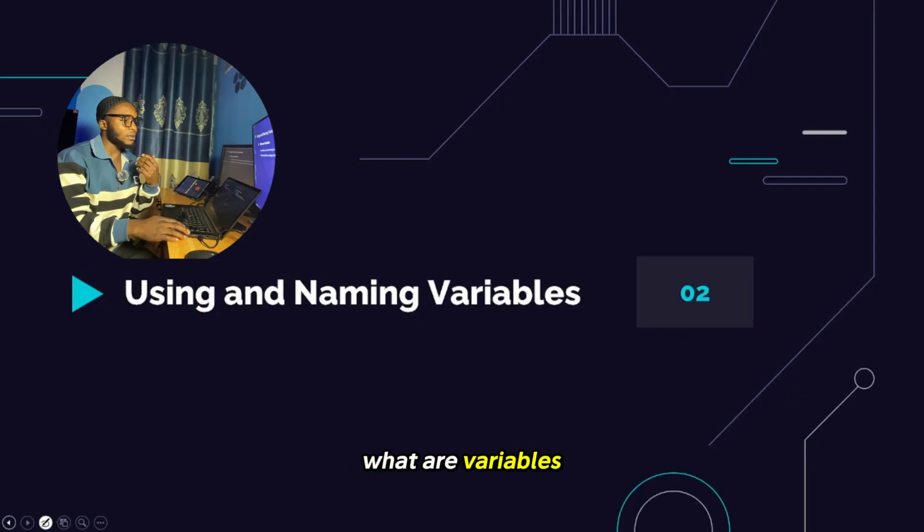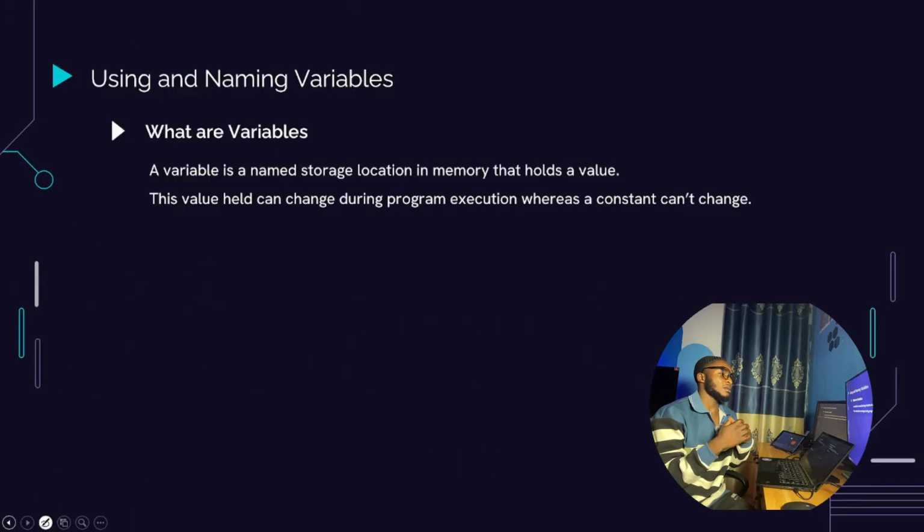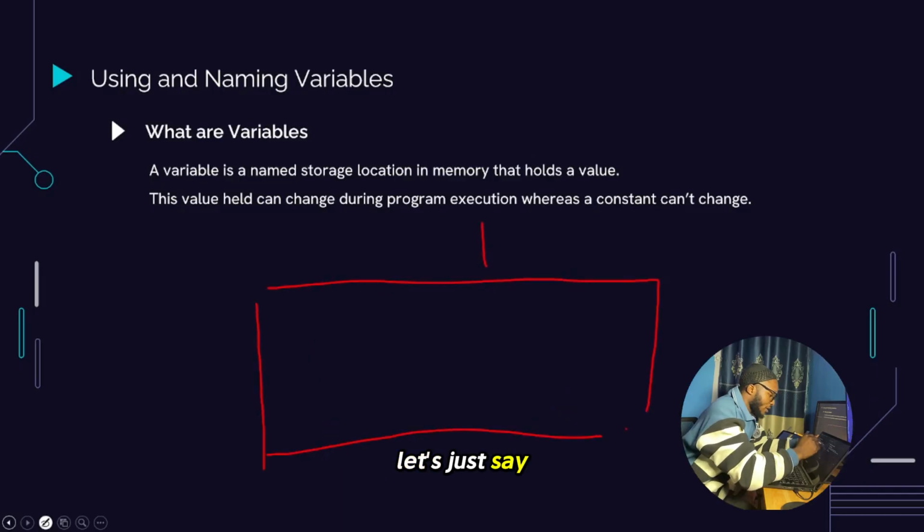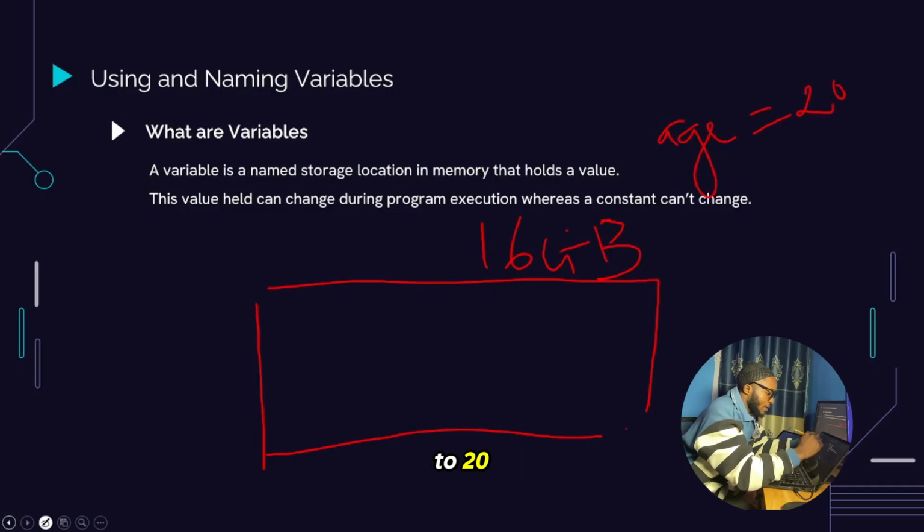So what are variables? A variable is just a named storage location in memory that holds a value. Remember earlier on I said that our programs execute in our RAM. So for example, let's just say this is 16 gigabyte. Now we have a variable name called, let's say h, and h is equal to 20, for example. Let me just use this illustration here so you understand how variables work and why